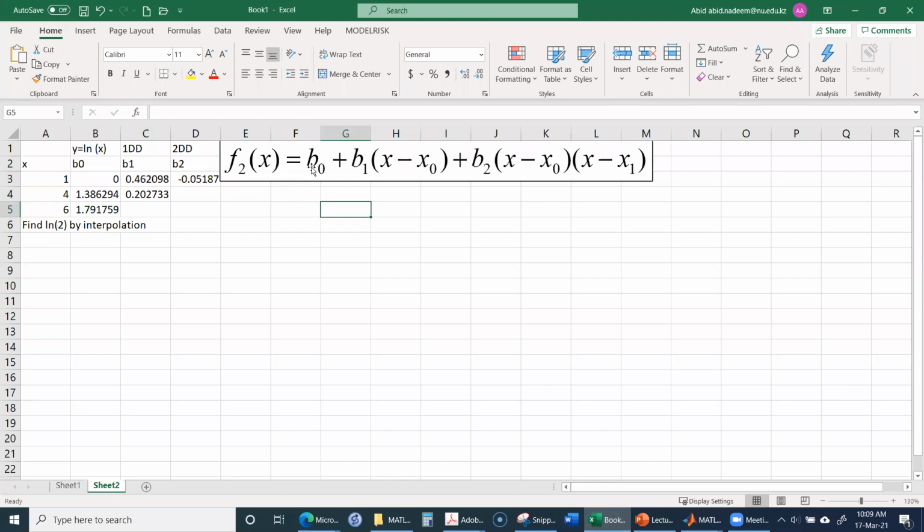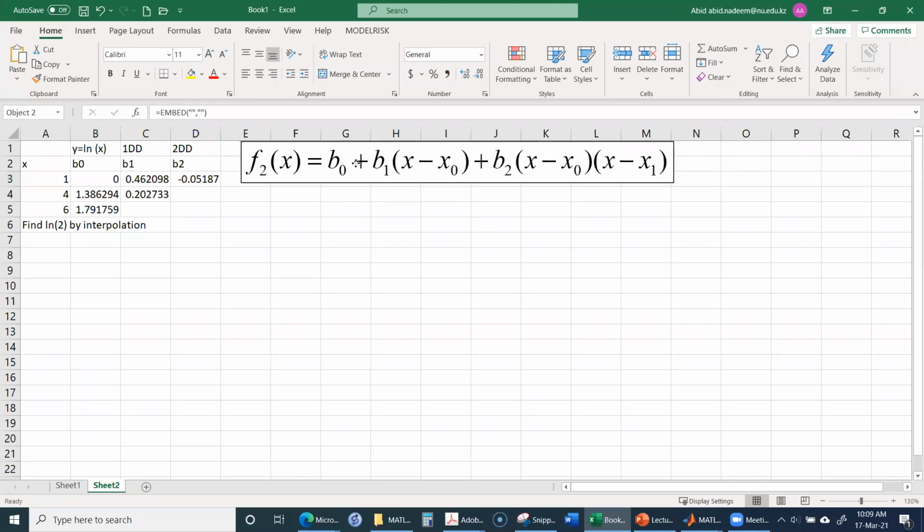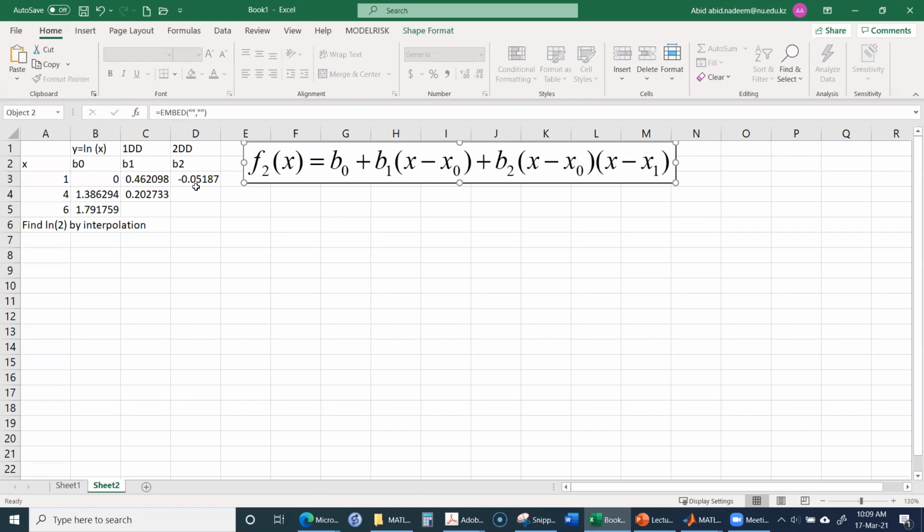the value of b0, which is 0, the value of b1, which is 0.462, and the value of b2, which is minus 0.051. Okay, and the values of x0 and x1 are 1 and 4 respectively, and the value of x is 2, which is what we want to find. So in order to calculate it, maybe we can